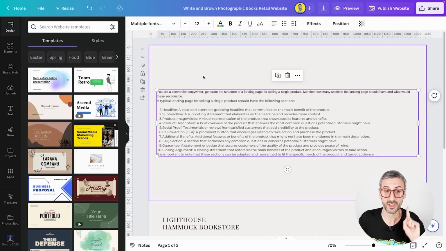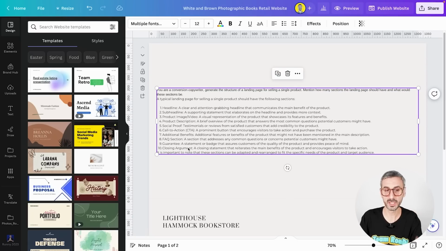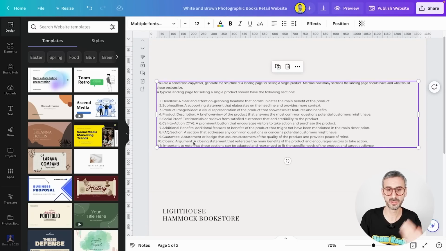The first thing is a headline, a clear and attention-grabbing headline that communicates the main benefit of your product. A subheadline, a supporting statement that elaborates on the headline and provides more context. Product image or video, product description, social proof like testimonials, call to action or CTA with a button that encourages visitors to take some kind of action. If you want some additional benefits, an FAQ, guarantee, or badges that assure the customer of the quality of the product. Closing argument